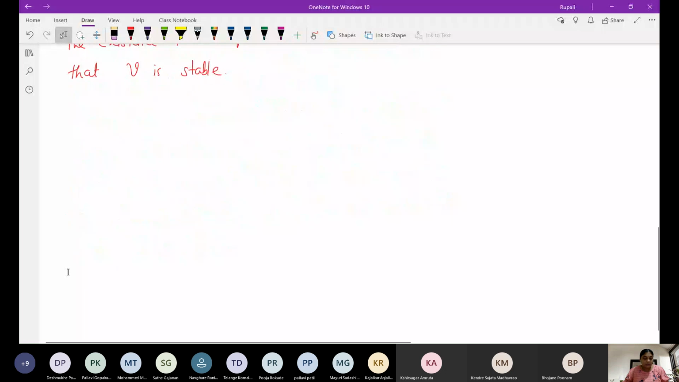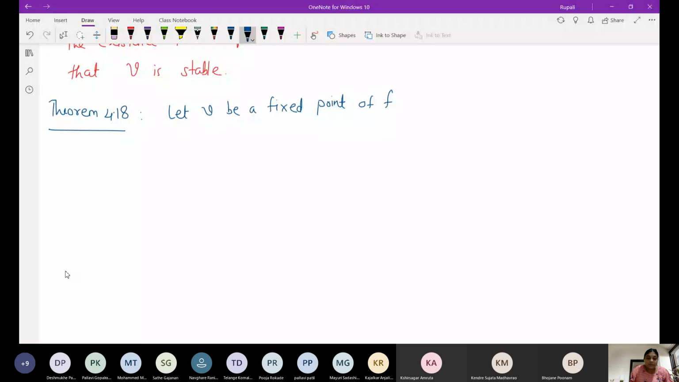So we will write this thing in a theorem. We will state this in the form of a theorem. Theorem 4.18. Let V be a fixed point. What is meant by a fixed point? Let V be a fixed point of f means what? f at V is equal to V. And assume